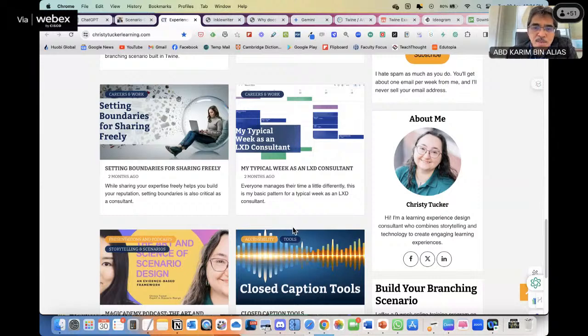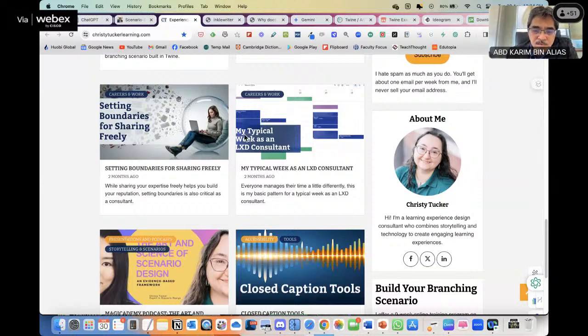it becomes much easier now to create a scenario, and with Google Form, the ability to do conditional logic, and of course another one, the Inkle Writer. But don't forget Twine.